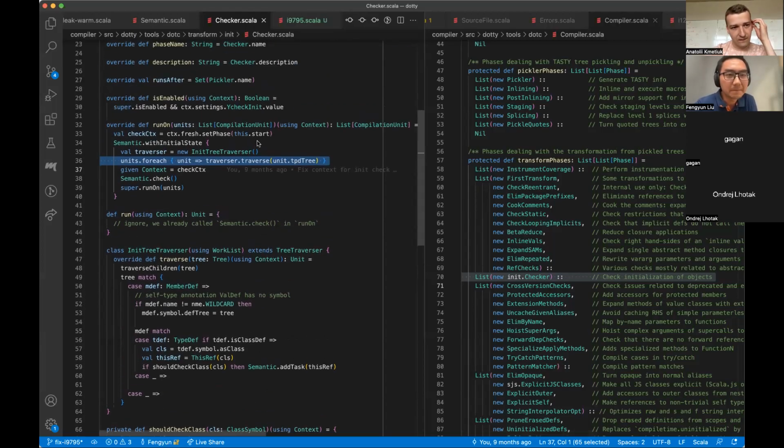So here it is, the entry point of the initialization checker. The initialization checker has some state. In this scope, it basically initializes the state of the check. And what we do here is, for each compilation unit, which is just a source file, we traverse the